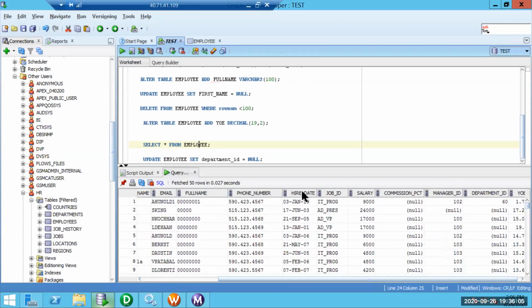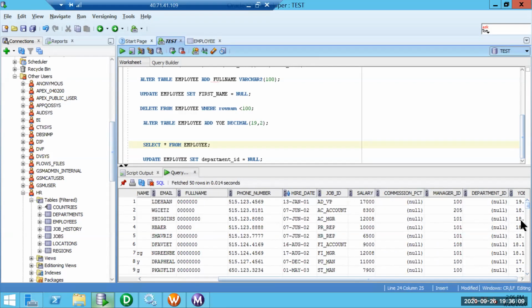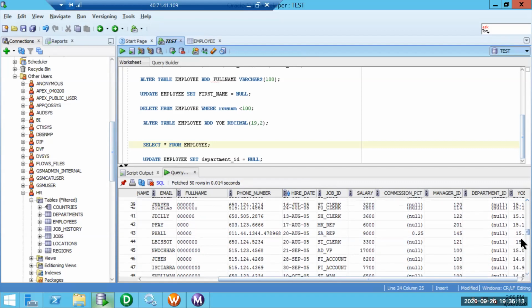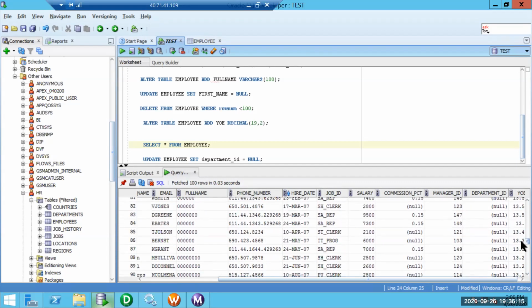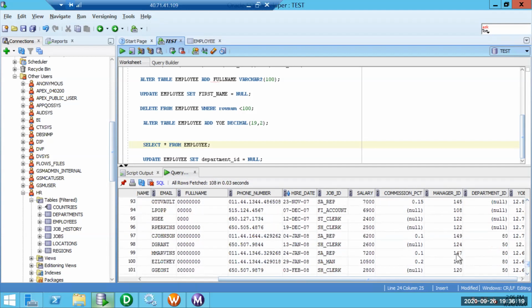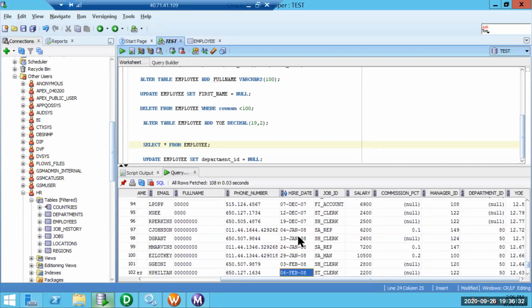Hire date having the year 2008 should also be updated with department ID. Okay, this is still, yeah, there you go. As we said, we wanted only the lookup for 2008 or above. So that's how it was built.